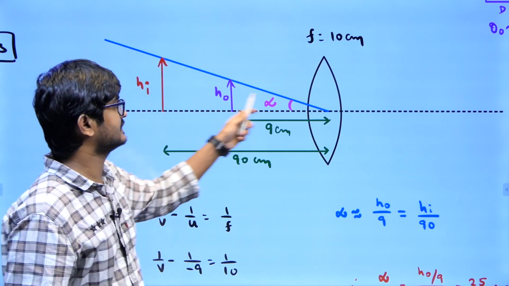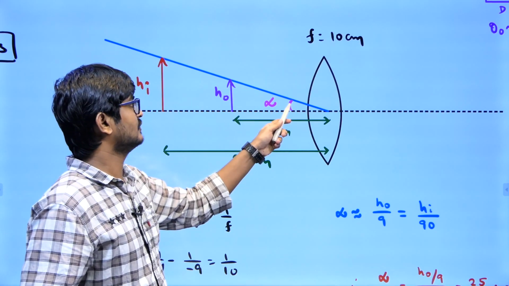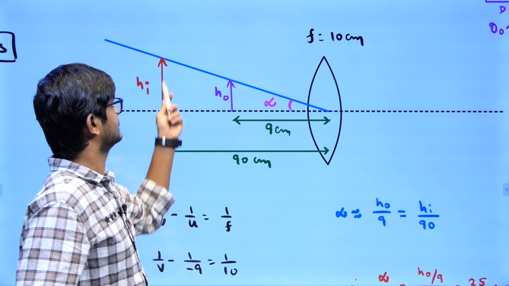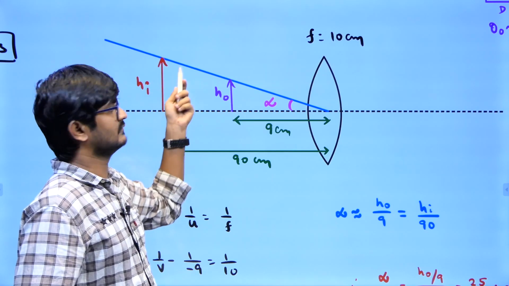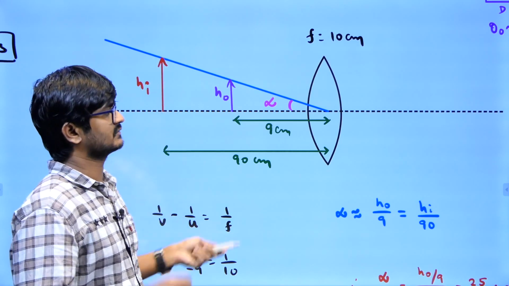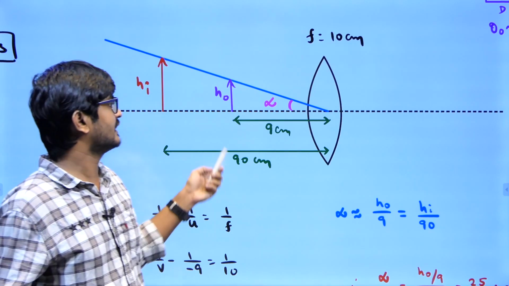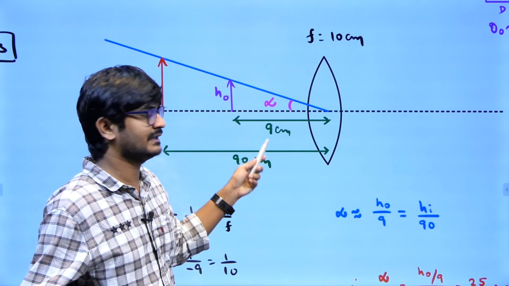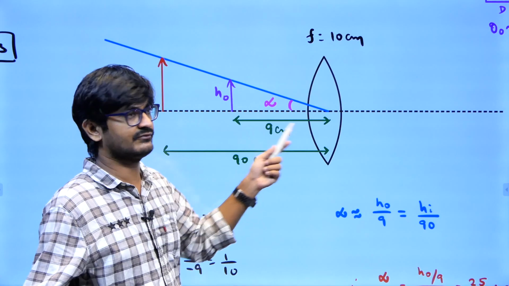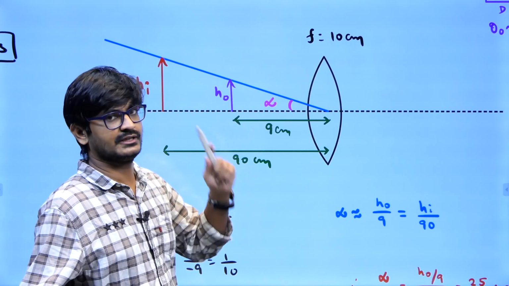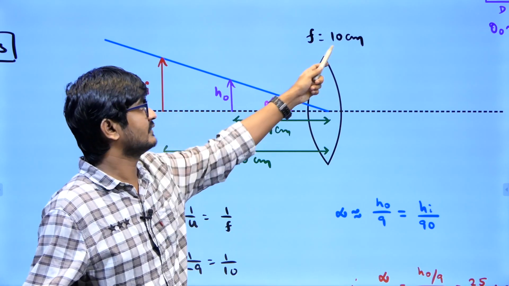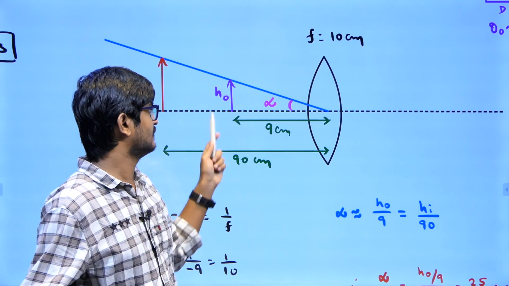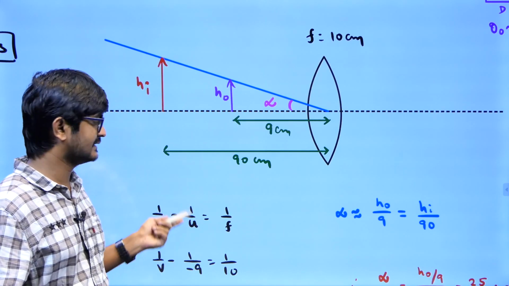So we are trying to increase the angle subtended, but our eyes won't feel this. Our eyes will feel this, so we will feel like the rays are coming from here. So this is what we are going to do. For that, we are keeping the object at 9 centimeter, which can't be practically feasible if the lens was not there, because we need to keep it more than 25 centimeter, and we are using focal length 10 centimeter. Now if this is the object, the image will be formed at a distance 90, which you can get